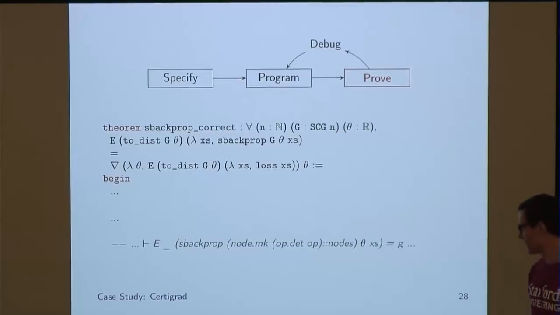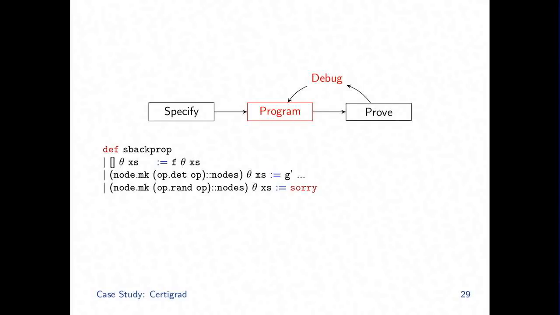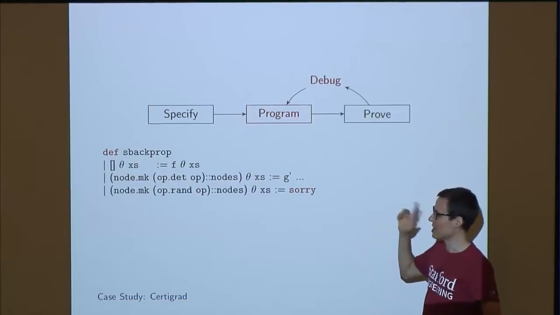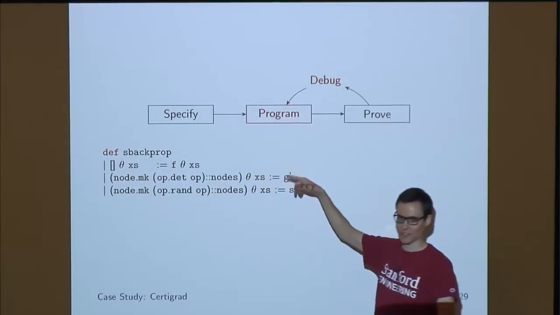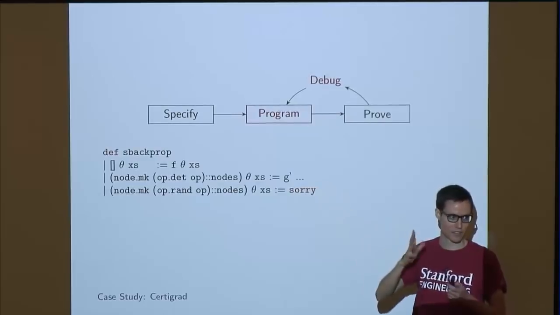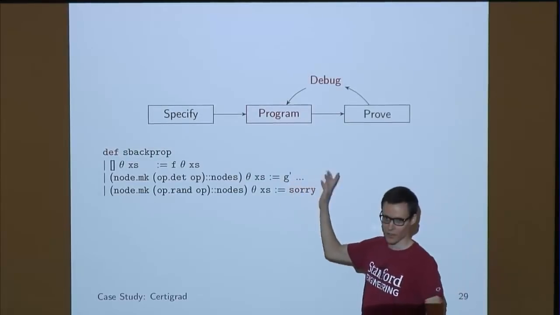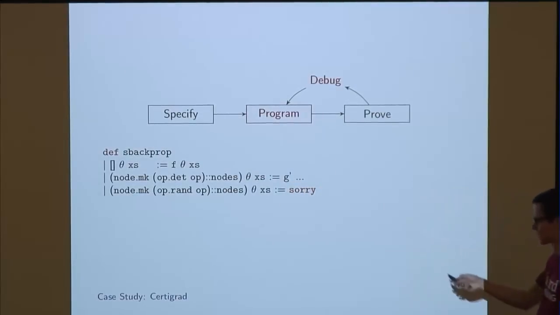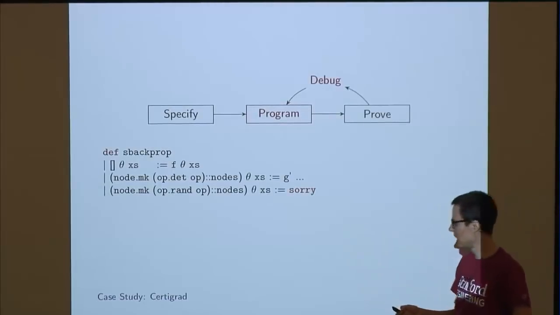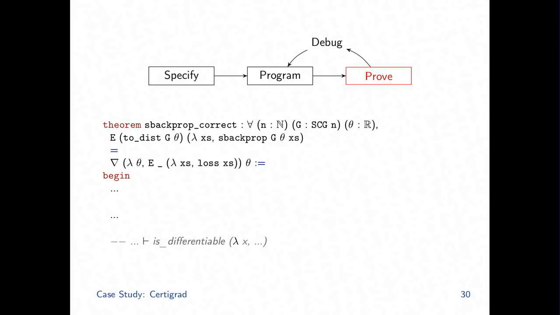And so, as you probably figured out by now, I go back and debug my program. I have the program do case analysis on whether the node is random or deterministic, and I fill in the term. Actually, I mentally figure out something that has the right expectation, which is pretty easy to do locally. And then I fill in that term on the right-hand side, but I still have a placeholder for the random case. And I go back to proving, and suddenly I need to prove something is differentiable.